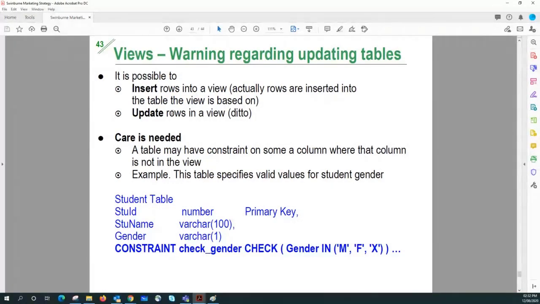As I mentioned before, it is possible to insert rows into tables using a view or update rows in the table using a view as well. But you need to be extremely careful when you do that. The reason is that when you're trying to insert or update, a table can have some constraints. Remember the constraints that we implement on certain columns when you write the create table statement. So we need to be very careful. Sometimes when we create the views, that view may not contain the columns